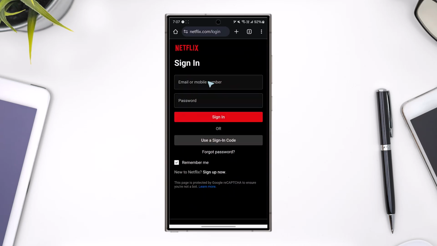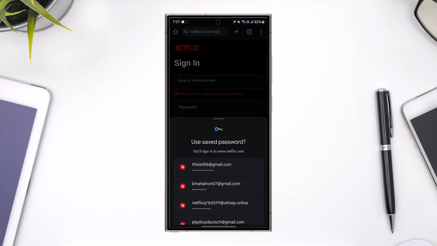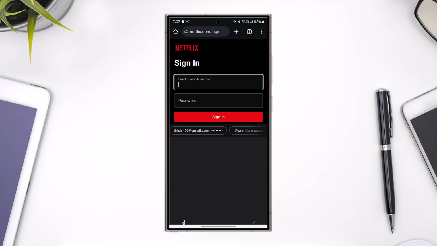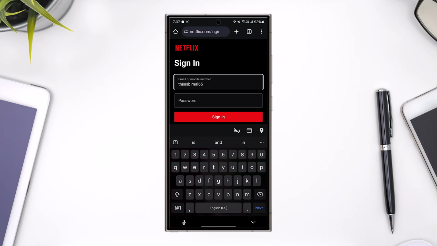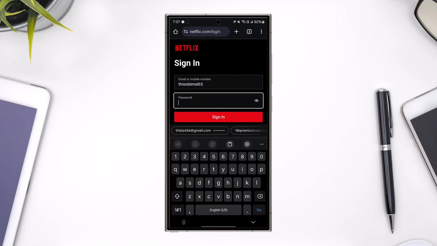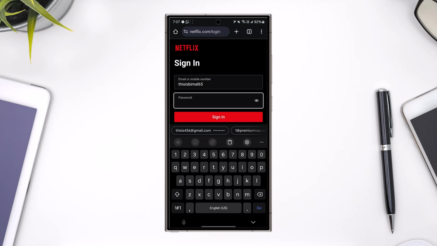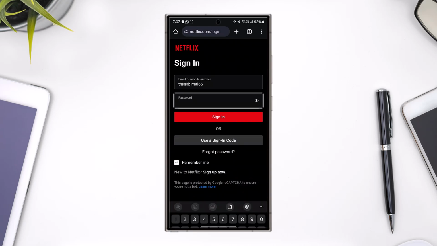It will ask me to simply enter my email or mobile number first. So you can go ahead and make sure to enter the email address that is first of all associated with your Netflix account right there. Once you've done that, you also want to go to your password and make sure to type in your password. If you're not sure what password you've typed in, you can tap on the eye icon right here as